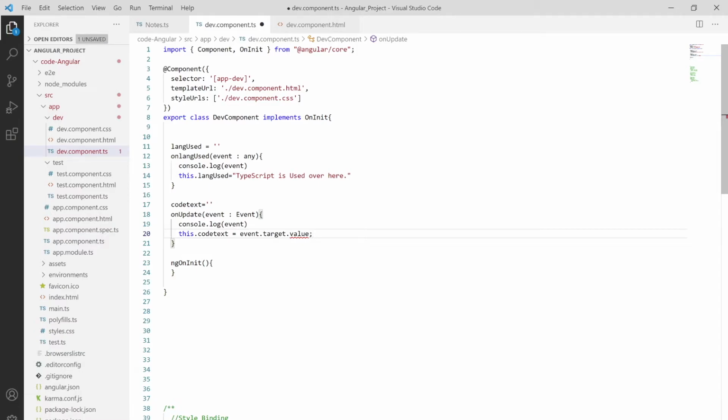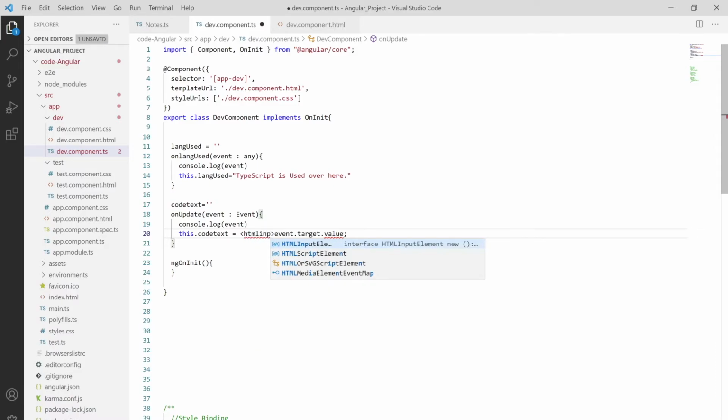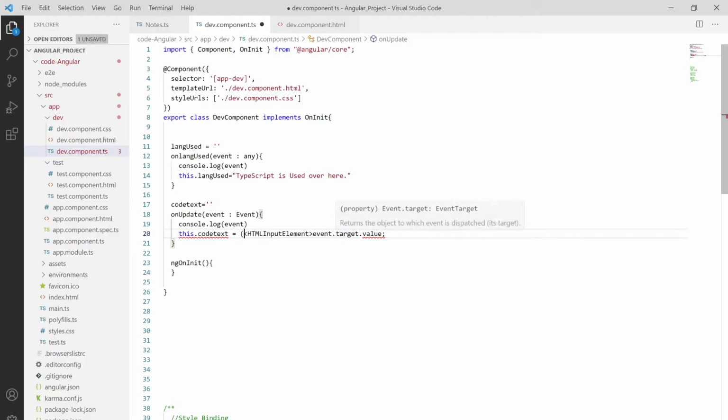Since we are using TypeScript, we have to provide which type it is. So it's of HTMLInputElement type, and we have to bind this, and we want that value.